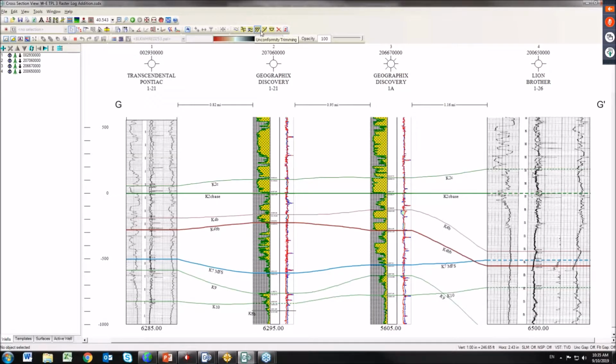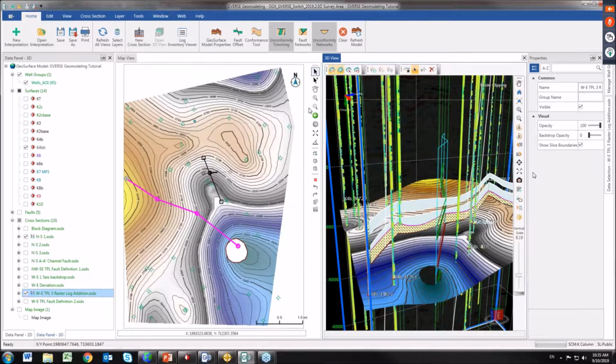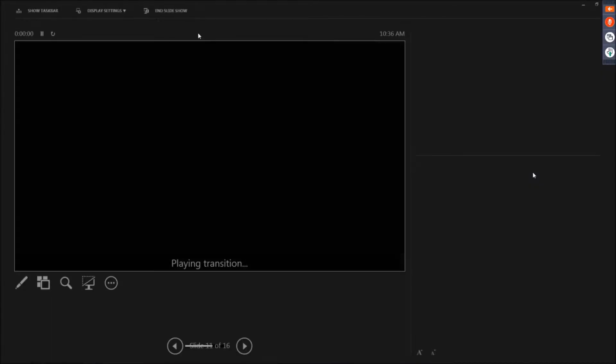If we also want to display it in the maps, we can see the information on the map with the unconformity tools, and you can see it right here, how it's going to show me kind of that channel right there. So it's very nice for the interpretation of the geological data. With the Geomodeling, we actually integrated the geophysical and petrophysical well data into one module. And with GeoGraphix, you can integrate different parts of the geoscience analysis into one big database without the necessity of exporting and importing data between modules, in one unique project that a lot of users can access at the same time. Going back to the presentation,